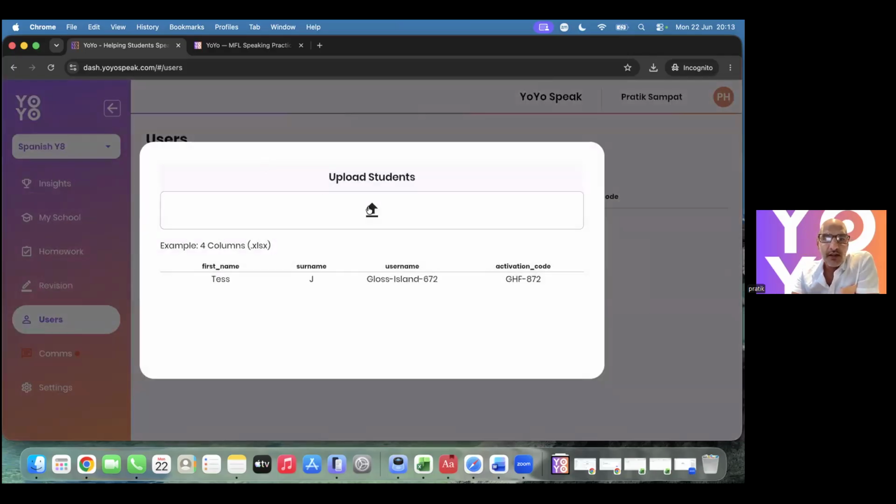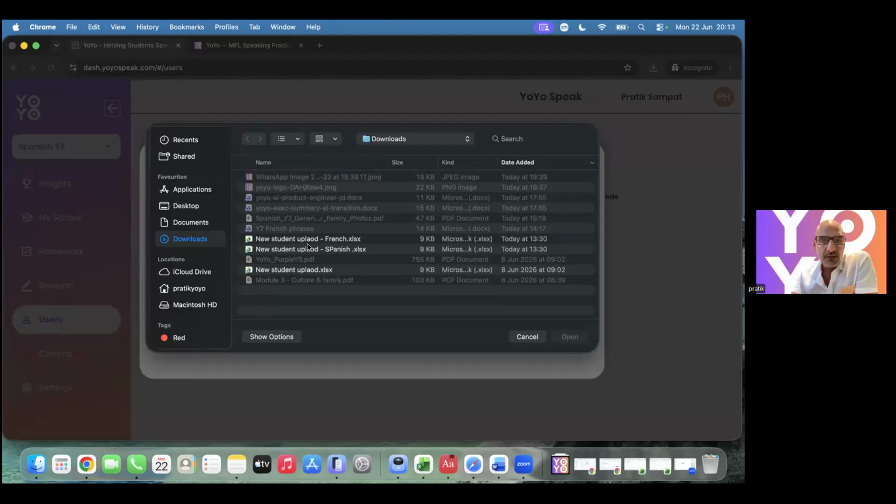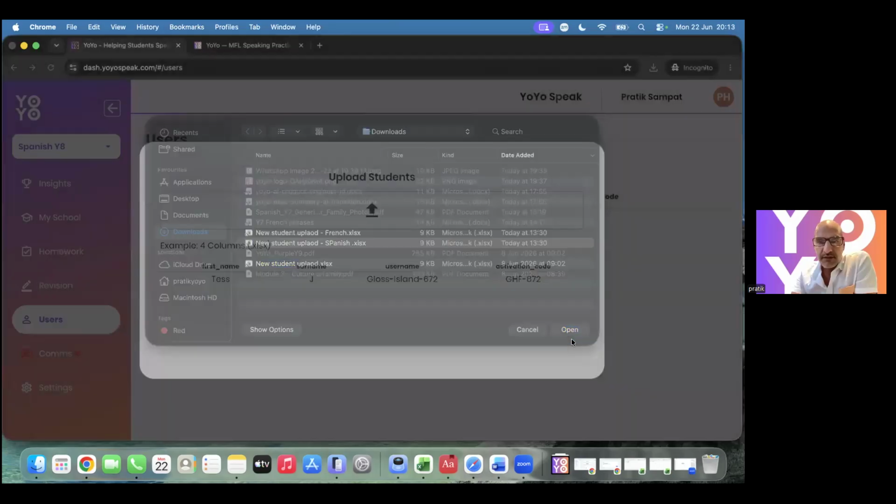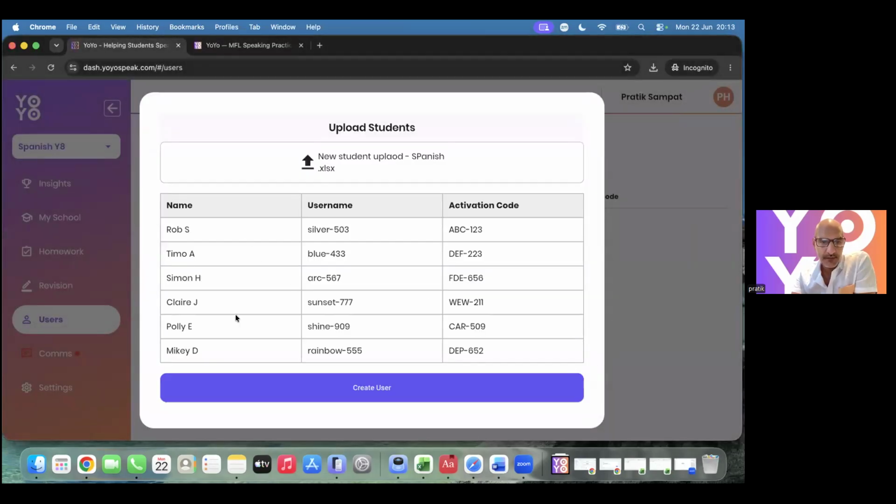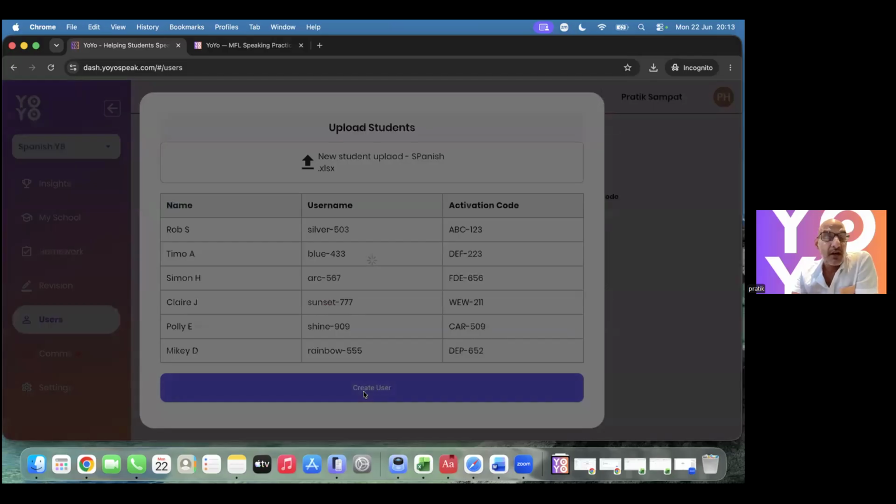Or we can create a very simple upload file: first name, the first initial of the surname, a username, and an activation code. So here we've got 6 students that we're adding to our first class, our Year 8 Spanish class, I should say.